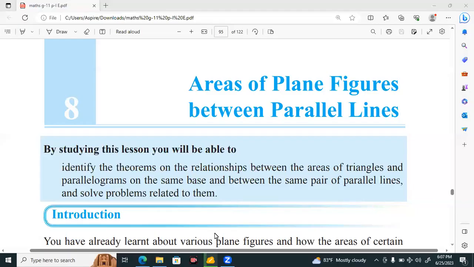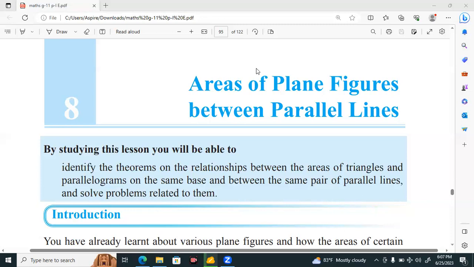Okay, Pute. Today we are going to start a new lesson. It is your last lesson in your textbook. Areas of plane figures between parallel lines. Okay. And if we discuss the summary of this